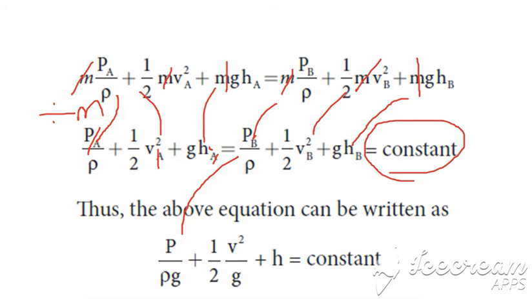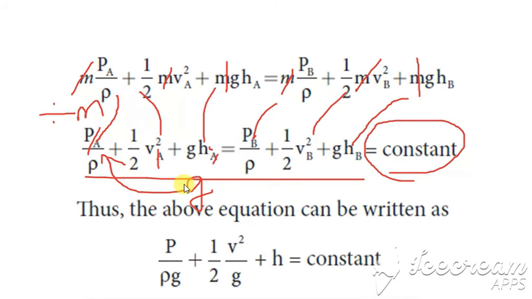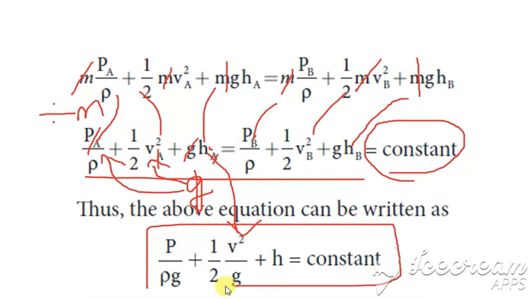So removing the A and B in this, we get P by rho plus half V square plus gh is equal to constant. Now same way in this equation, divide throughout by the term G. So when you are dividing throughout by G, we get P by rho G. Then half V square by G plus, G and G get cancelled, and so we get just H alone. Yes. So this term tells you about Bernoulli's theorem. Yes, so this is the equation which we saw in the first, P by rho G plus half V square by G plus H is equal to constant. Hence, Bernoulli's theorem is being proved here.